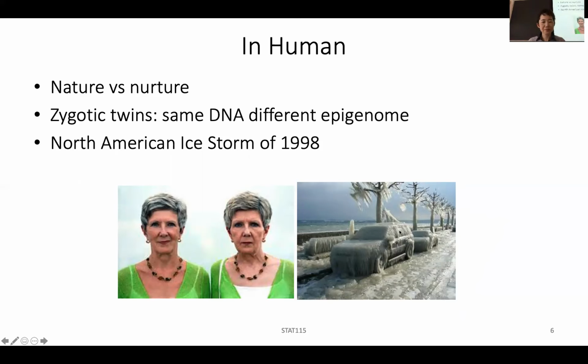Another example is this: in 1998, in Canada, there was a big ice storm. For a week in the northern part of Eastern Canada, there was a massive power outage. It was discovered a few years later that the kids whose mothers were pregnant during this big ice storm were actually having a lot of trouble at school. They're kind of more disobedient, and so that's again some upbringing.